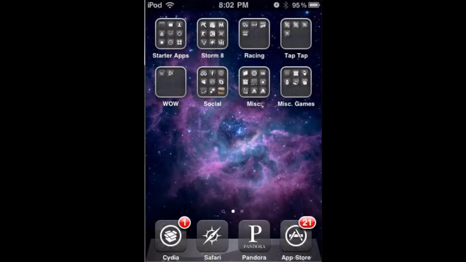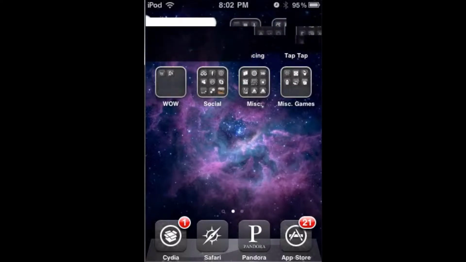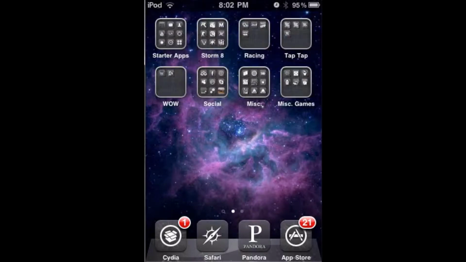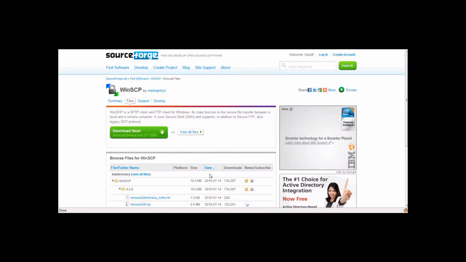Okay, so once you've done this, you'll want to get WinSCP or something like that on your computer, and I will show you how to do that now. Okay, so to get WinSCP, what you'll want to do is go to the link in the description box, and it will take you to a site that looks like this. And then you'll just want to click where it says download now,